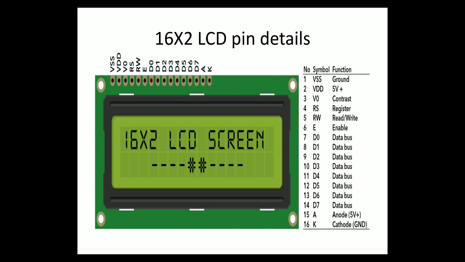Now similarly, pin number 15 is called the anode, which again uses plus 5 volt of supply, and pin number 16 is called the cathode, which is the ground pin. So 15 and 16 are also used for interconnection of this LCD. I think everybody has understood what the various 16 pins used for the LCD display are. For your projects, this is one of the important concepts. Please don't forget this. Whenever you want to do any electronic project, we must know the pins of these LCDs. So let us go to a table where I briefly explain the job of each pin, in the next slide.